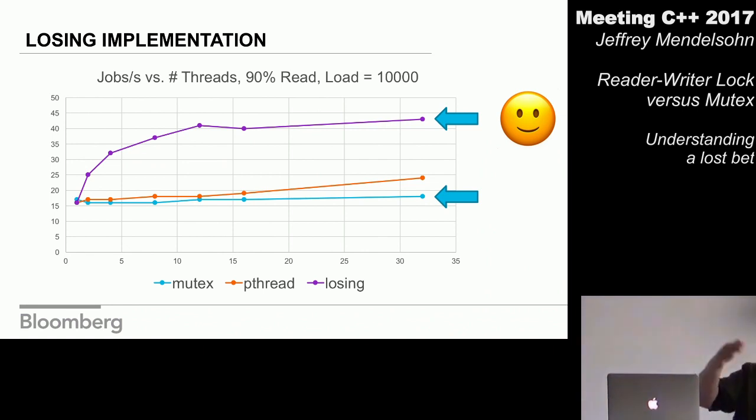And all the threads start at different offsets, so there's no interaction between the threads to get this. But yes, a job is either marked read or write. It does the same amount of busy waiting regardless of whether it's read or write. It's just which lock does it acquire? Does it acquire the read side or the write side?